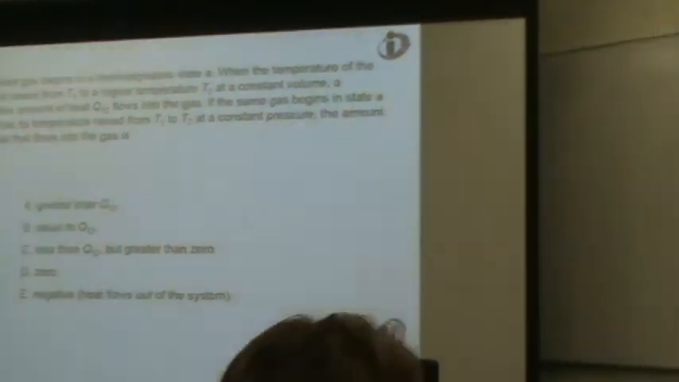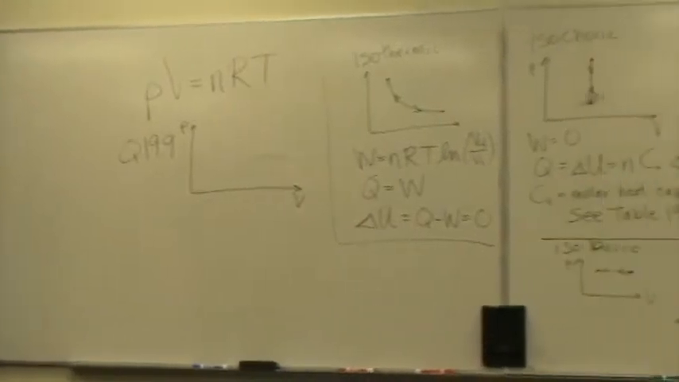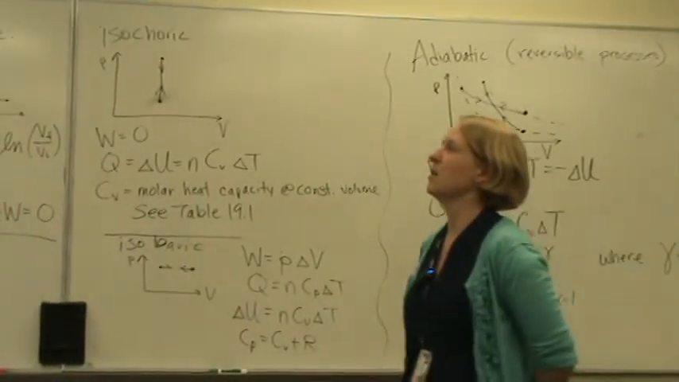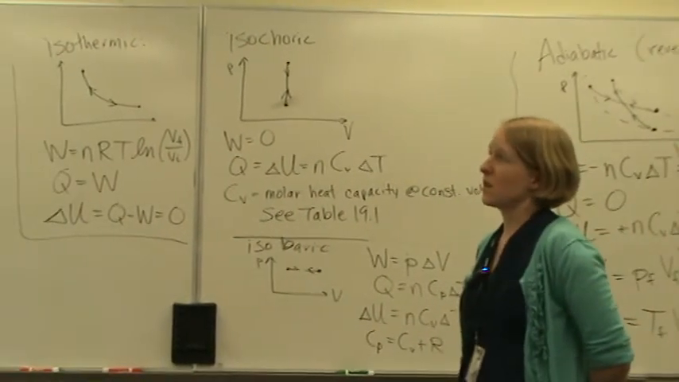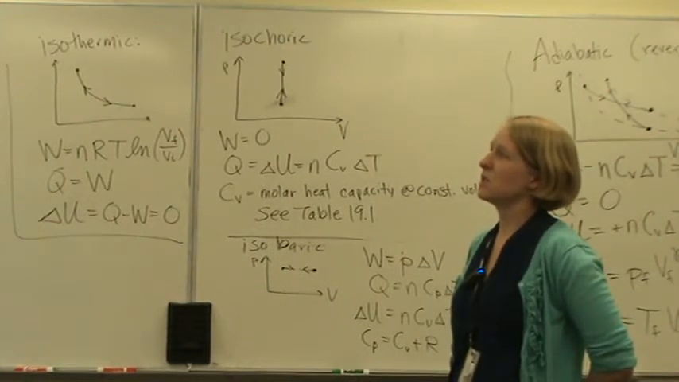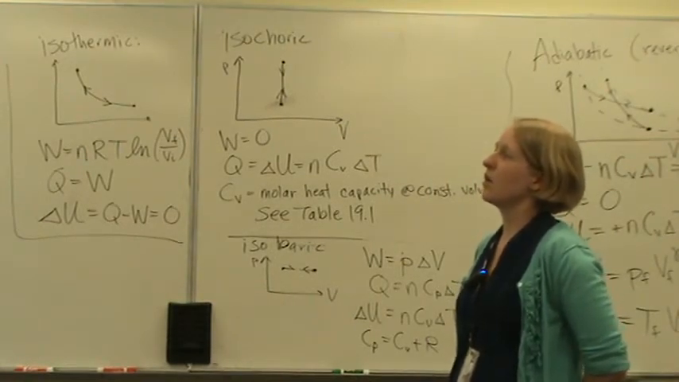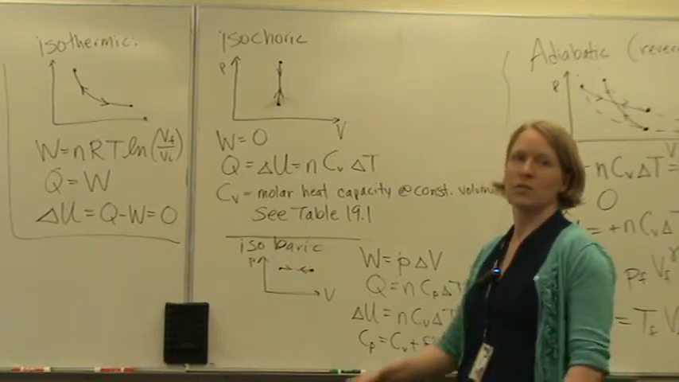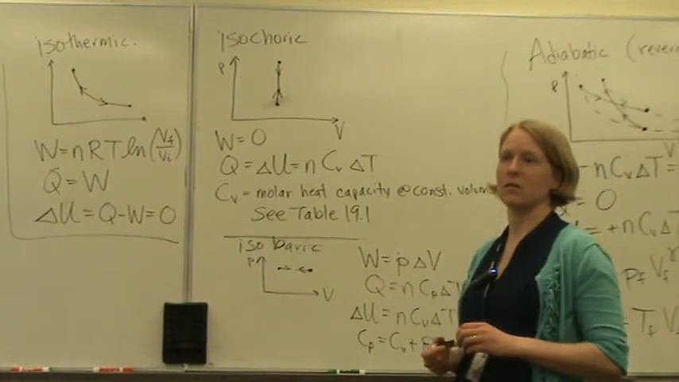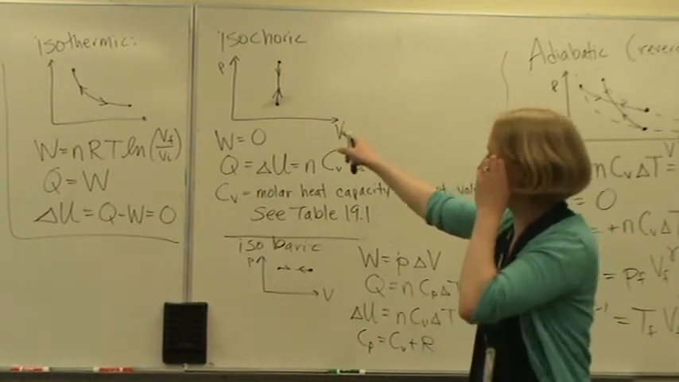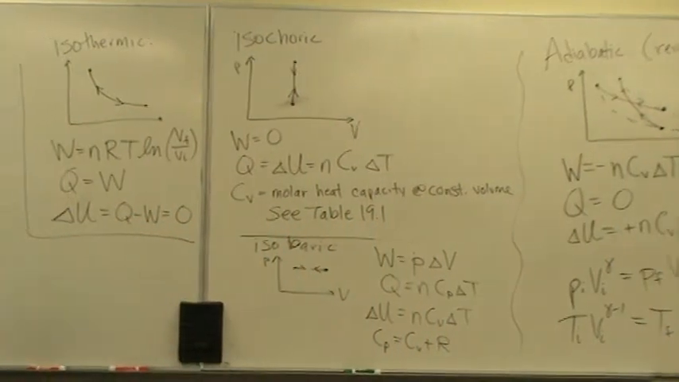There's a whole lot of information packed into this problem. So the first thing it says, when the temperature of a gas is raised from T1 to T2 at a constant volume, what process is happening? Isochoric. Okay, so our picture is straight up and straight down. And it says that